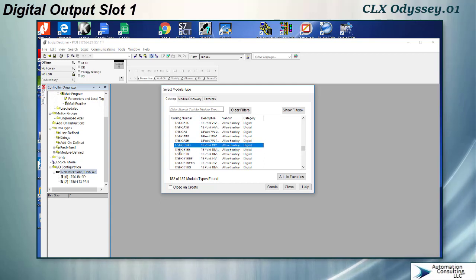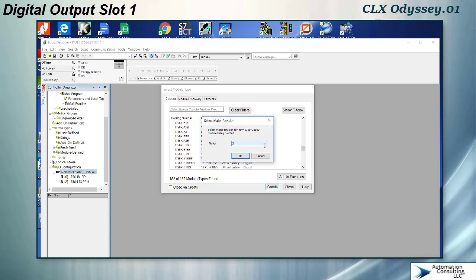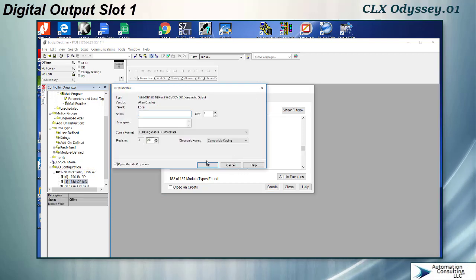The diagnostics here, also the D, means that it has electronic fusing already and some diagnostic capability for no load, things like that. So we're going to pick, once again, an OB16D. Same rule goes as far as the inputs. You want to choose your major revision properly here. Now I'm going to show you this minor revision. You can change it at any time. If it doesn't happen to match whatever your physical card is, you can change it on the fly, online,